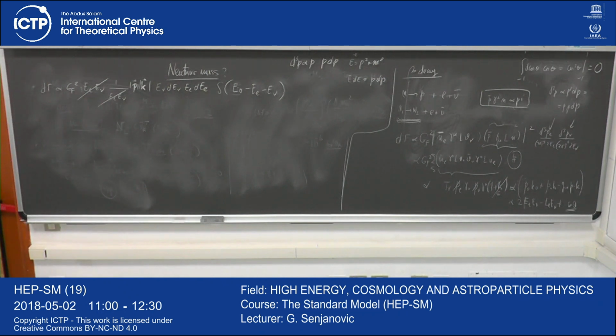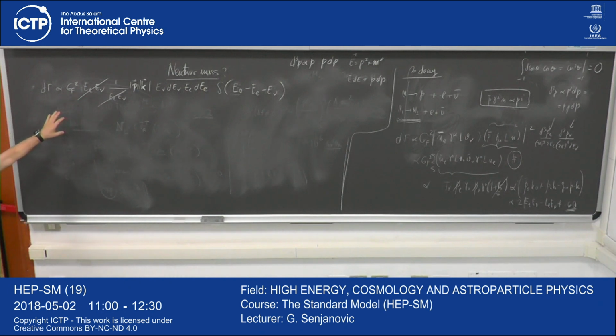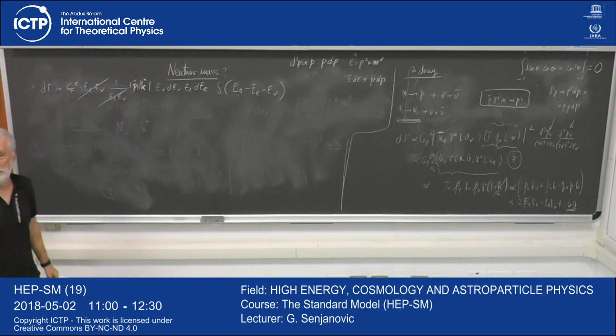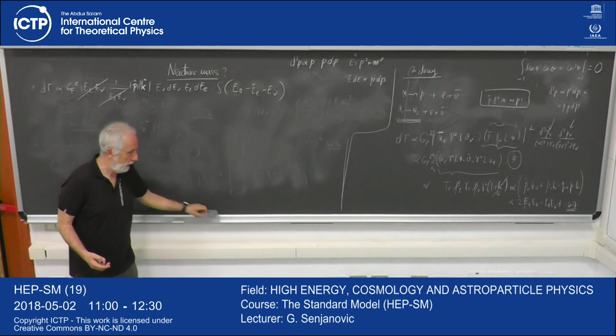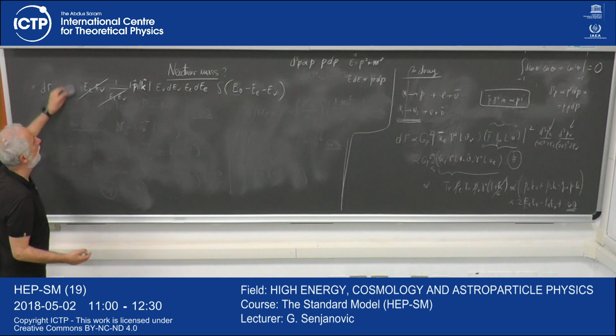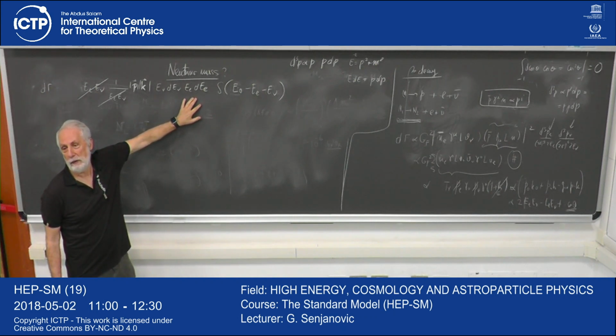There will be a coefficient that will come out. It's some number over 5, so I have pi squares and pi cubes. Notice I'm being very cavalier about all the factors, okay? I want to emphasize this energy dependence. Let's be more serious. We want to see the electron energy dependence here.